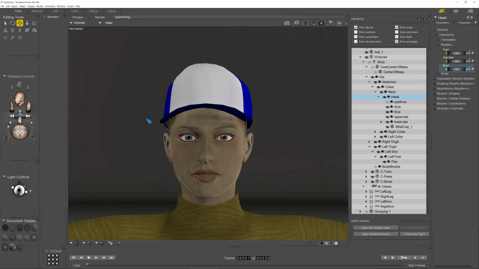Okay, it's also very common to do that with hair. Incidentally, I could save this hat as a hair object. If I went into the hair library, I could save that cap as if it was hair. Now I'm just going to show you one other nice little trick that one of my